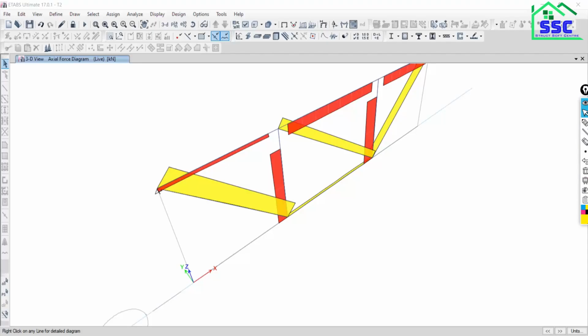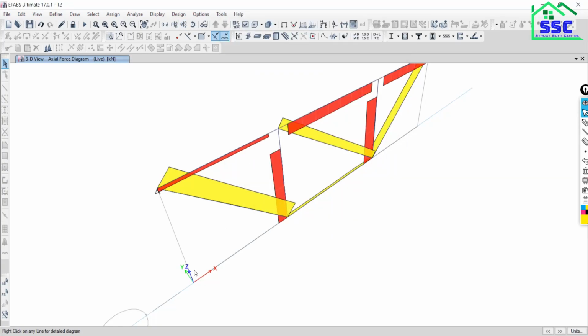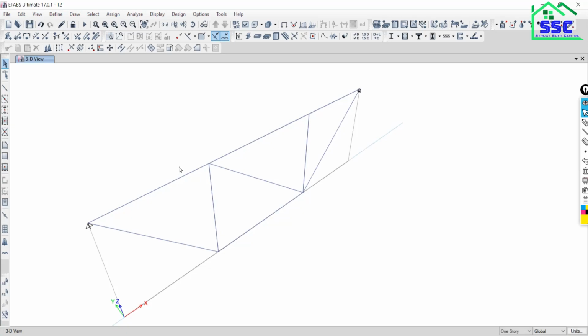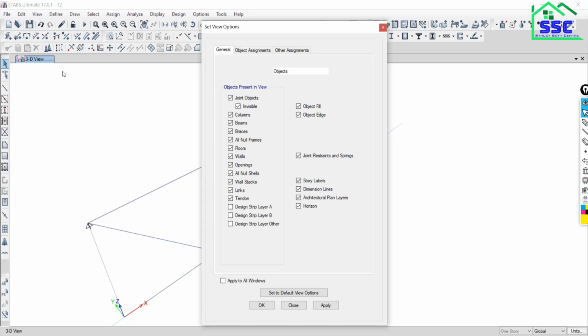So go to ETABS, and we go with the elevation, or we can leave it in 3D view. As you can find, this is the global axis, and if you want to see the local axis, unlock the model. I just want to see the local axis. So go to set display options, or in view, set display options.